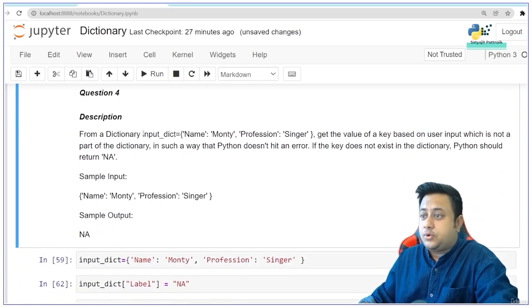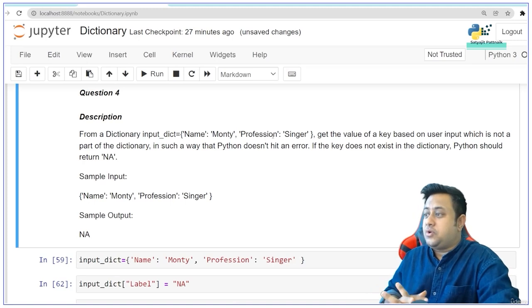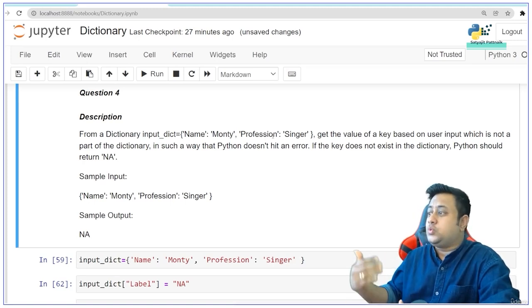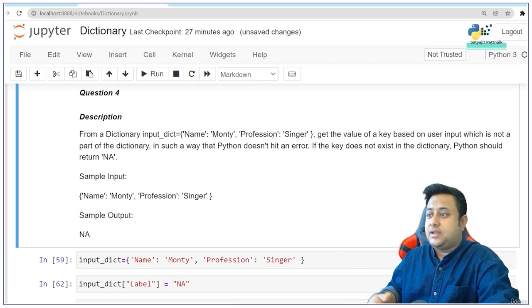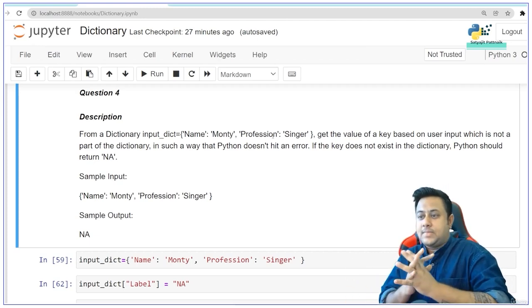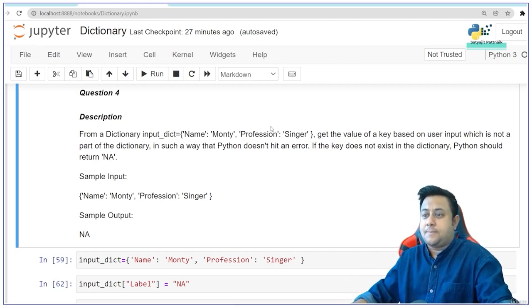From a dictionary input, dict equals to name Monty, profession singer. Get the value of a key based on user input, which is not a part of the dictionary, in such a way that Python doesn't hit an error. That means if the key does not exist in the dictionary, Python should return NA. Okay. So what it asks is,